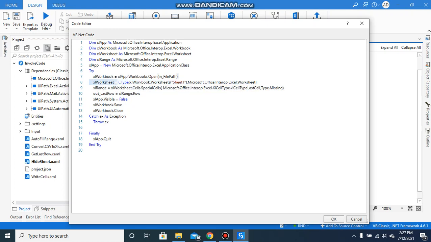This is sheet 1 that I have given here, because from sheet 1 I want to read the data. This is the range that is going to give you the last row, the last range of that particular Excel. When I do the Excel range dot row, this gives me the count of the rows, how many rows it has, what the last row is. Now I am just storing it in the out last row variable,